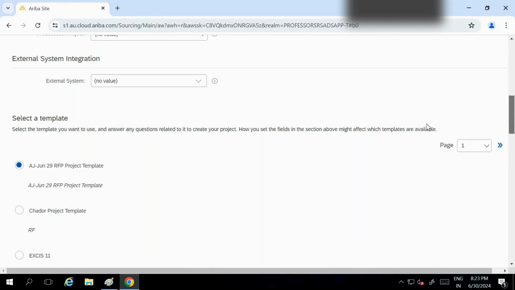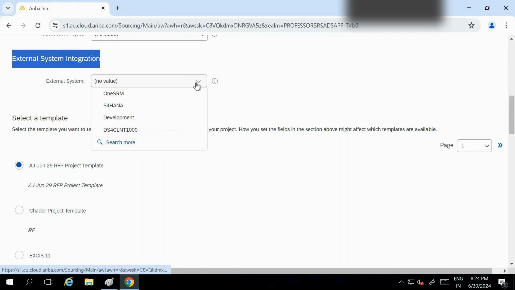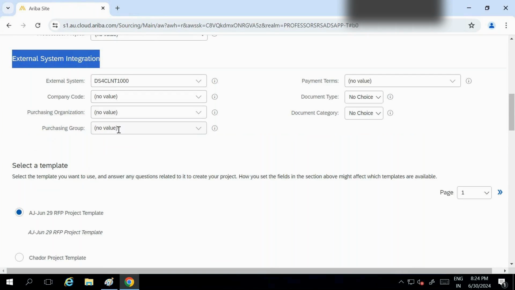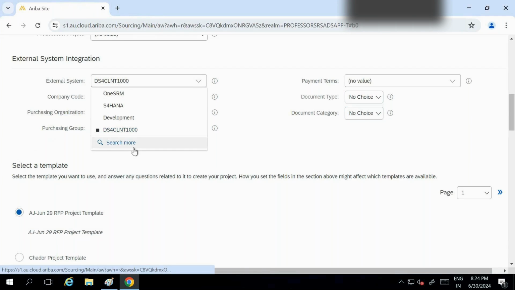Then we have to select, see, this is the external. If your system is integrated with your backend system like ERP, whether it is sandbox or development or quality or production, the system ID will show you here. This is also integrated, but we cannot use this because this one is different. If you see, I have selected DSL 400 client. Now it will show document type, what document you have to create, contract, and what is the category for that. So these are the basic things, but we are not going to use anything.